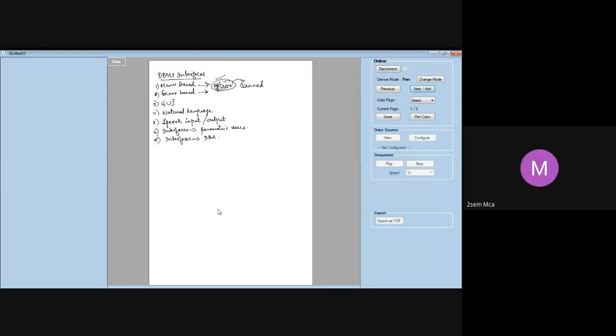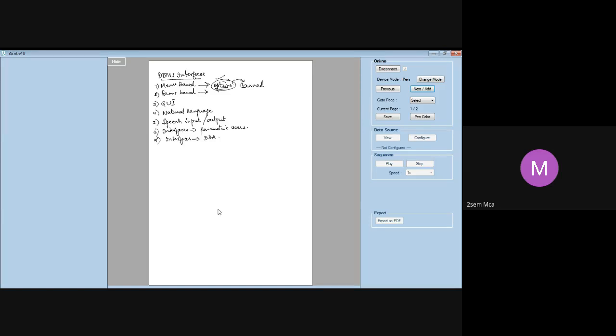Next is our form based interface. It displays a form to each of the users. Users can fill out this form's entries to insert data. If I want to insert new data, I will simply fill up this particular form. I can fill out only certain values, which are mandatory. Even in that case, I fill up these forms, and then the DBMS will frame a query out of the data that I have filled in.